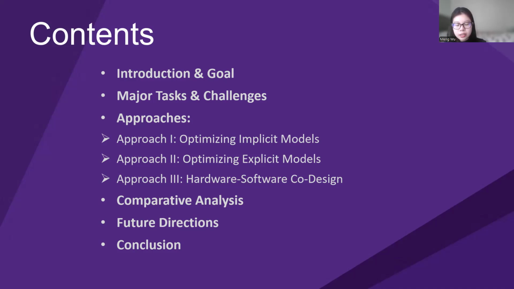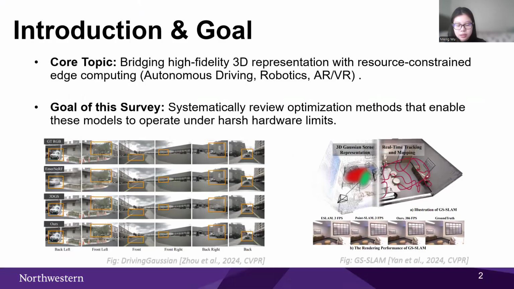However, a fundamental question remains: how do we bring these incredible high-fidelity 3D scenes out of the lab and into the real world? In class, we primarily studied these models running on powerful desktop GPUs, but in real-world applications such